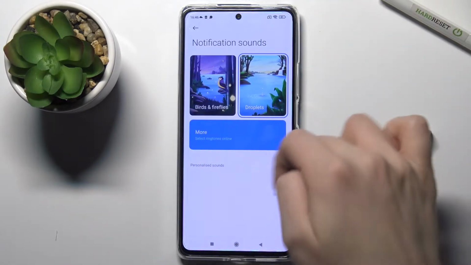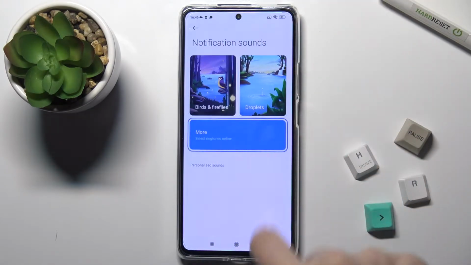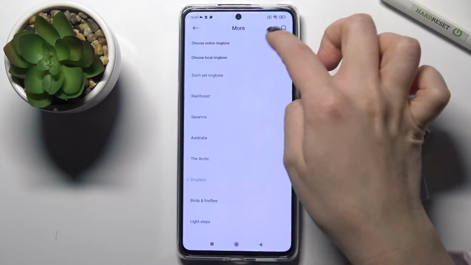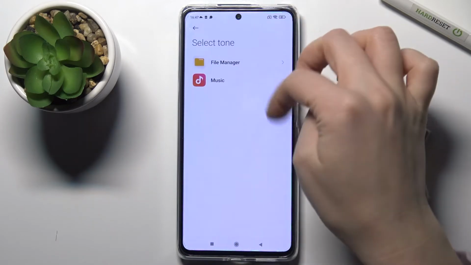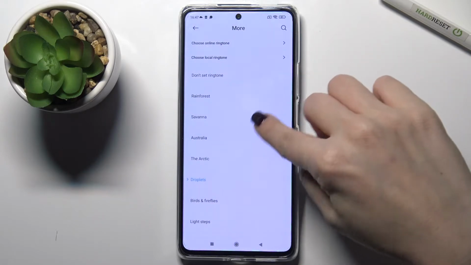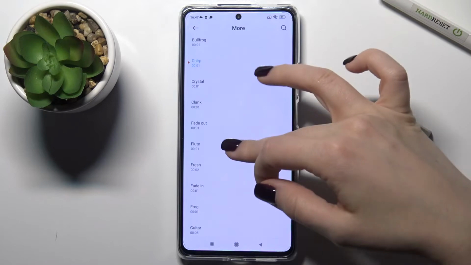Now tap here and as you can see you can choose from this one or go just to the more section. You can choose here from the online ringtones and also from the local ringtones on your device, but in the file manager or in the music application. And also you can just change one from these